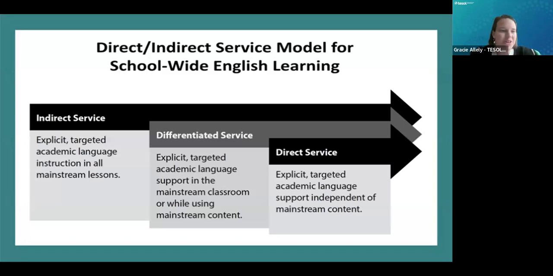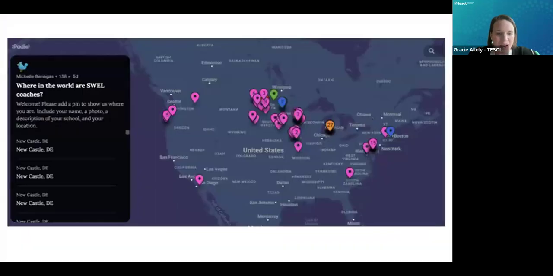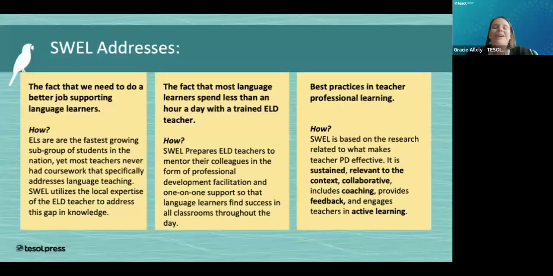Awesome. Thank you so much for sharing in the chat and sharing out. So, really quick, just a little look at where some of these SWELL coaches are, and we'll be talking about what SWELL coaching looks like in a minute. These are the locations of where people have been trained to be SWELL coaches. It's kind of smattering over mostly the north part of the United States currently. But yeah, just a fun little map to see where they're located.